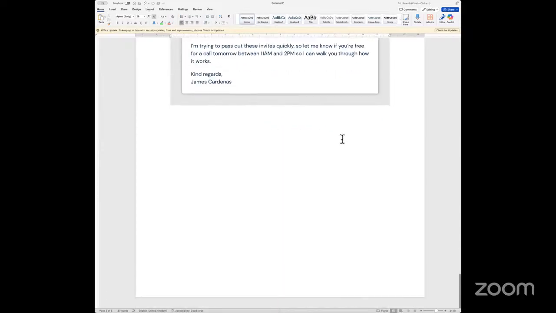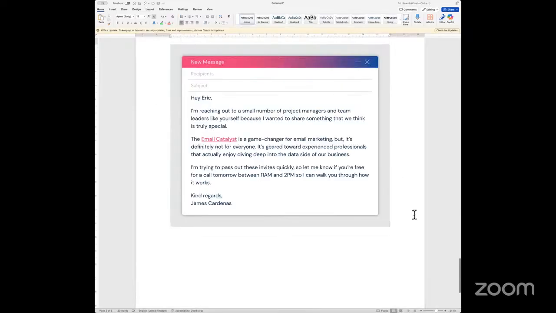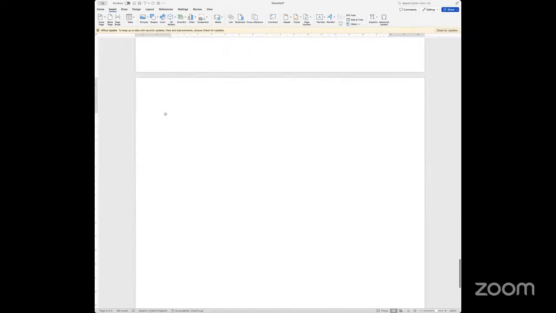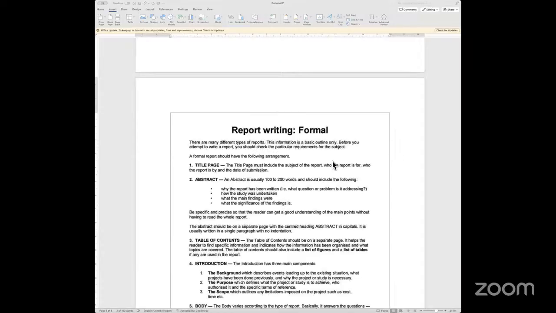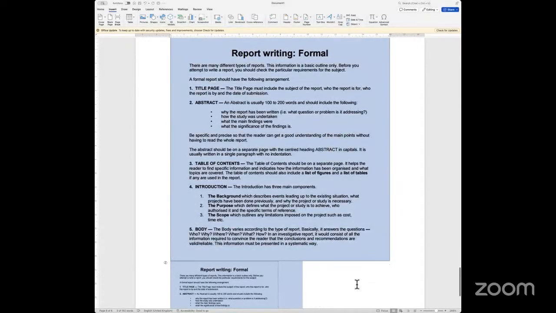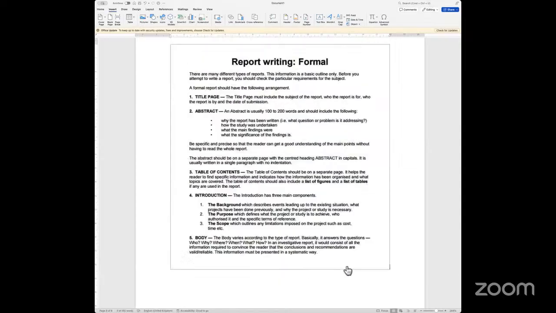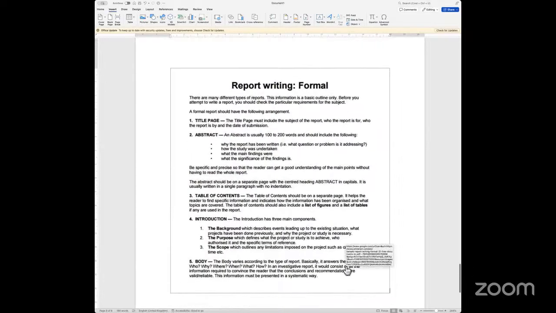Right? So let's look at how a report looks. If I have to look at an example of a report visually, let's look at how a report looks when we talk about the second task, if it is going to be a report. So I'm going to bring across a journal example of how a report would look. And this is how report writing looks.